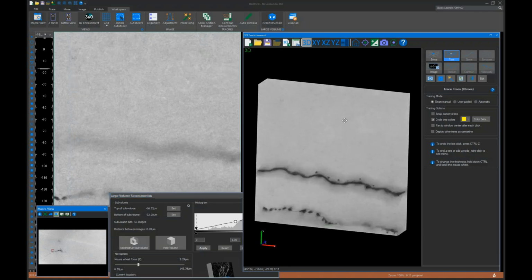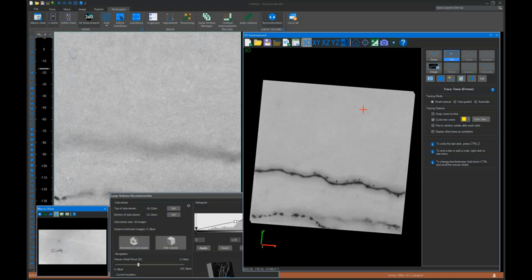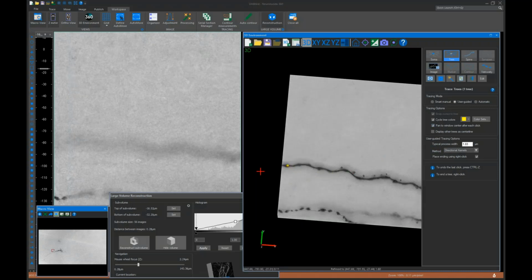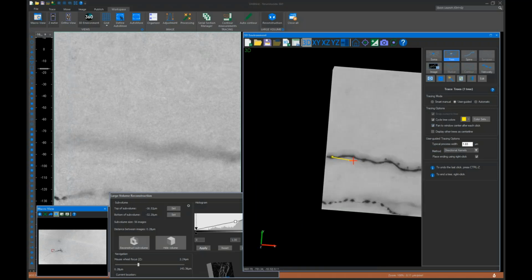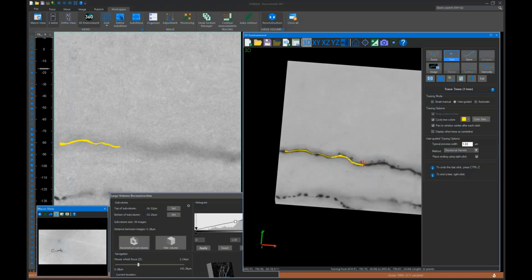You can see that this looks just like Neurolucida 360 that you're used to using. And in fact, it's going to operate exactly the same way. That's right. So if we go into our user guided mode and trace it just like we normally would, we'll have that selected, and then we'll trace it like we normally would. And so you can see it